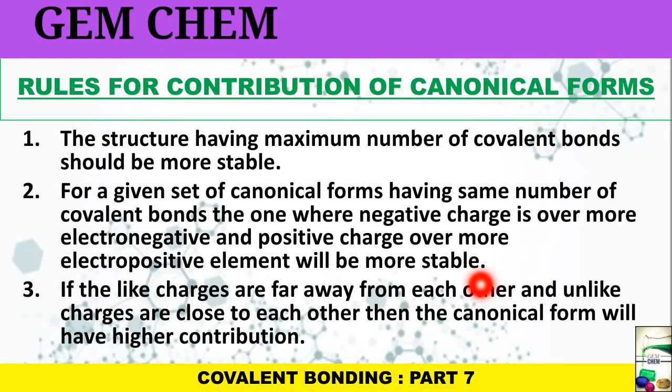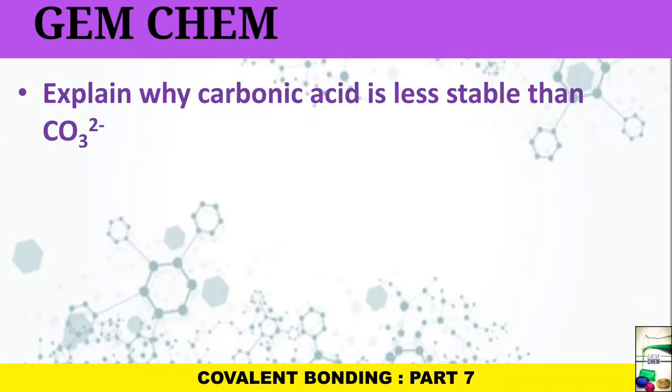So the canonical form will have higher contribution when similar charges are away from each other and the unlike charges, that is dissimilar charges, are closer, that is positive and negative are closer to each other. So let us see. This is a question: we have to explain why carbonic acid is less stable